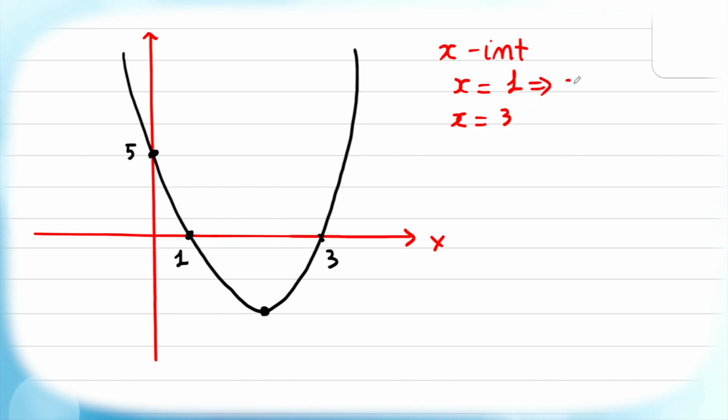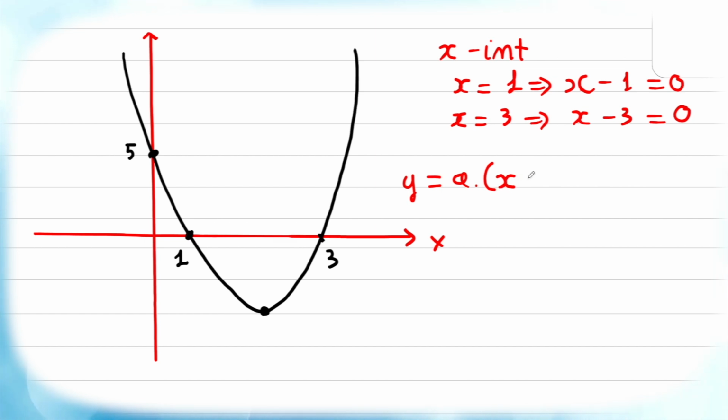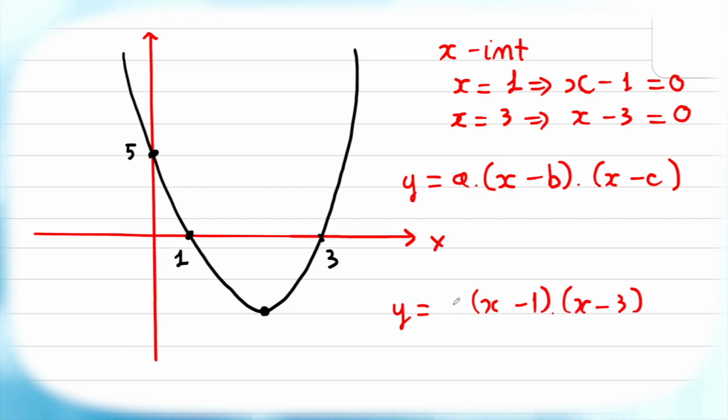For x equal to 1, the bracket will be x minus 1 equal to 0, and the second bracket will be x minus 3 equal to 0. Now I need to write down the general form of the factorized form for a quadratic equation. Like this one. So x minus 1 will be the first bracket and x minus 3 will be the second bracket. You have A outside. You finish writing this information,